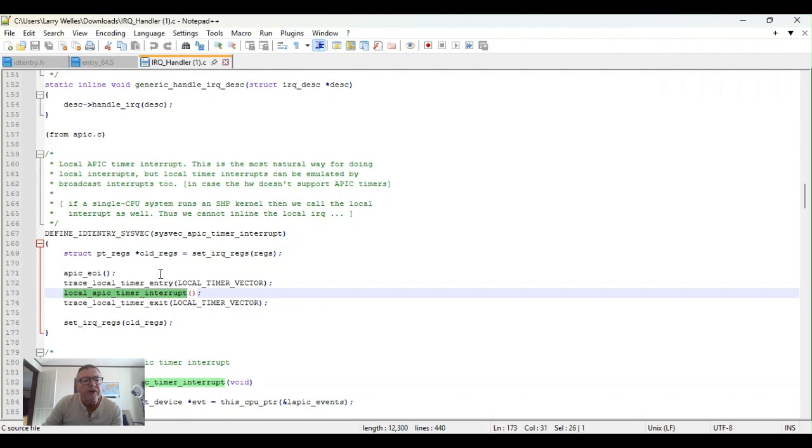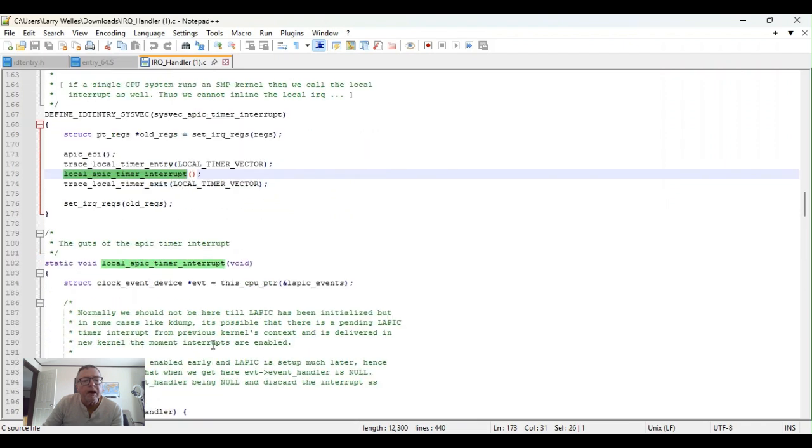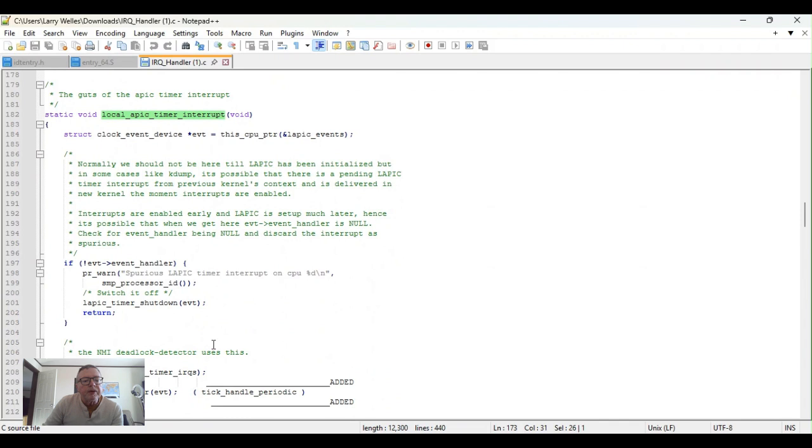So what are these things on the other end? Well, that says trace the local timer entry and trace its exit. Trace entry, so you turn the trace on and you turn the trace off after you're through. For debugging purposes, we can do that. And then notice that once again, the IRQ registers are restored. Let's find out just a little bit here. We'll go down into the local APIC timer interrupt. And the important thing that we want to get to is find out the